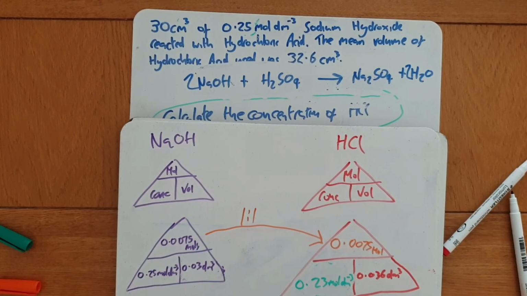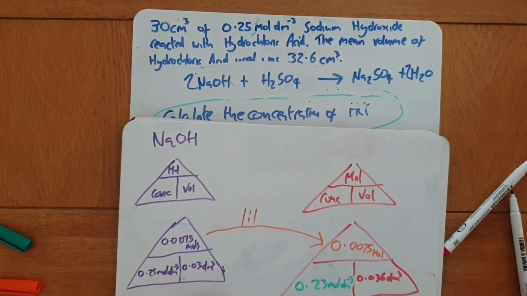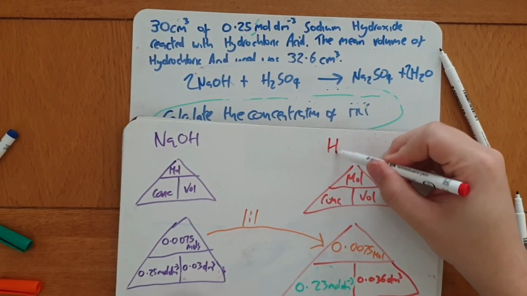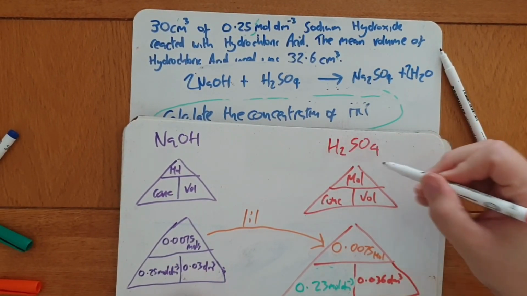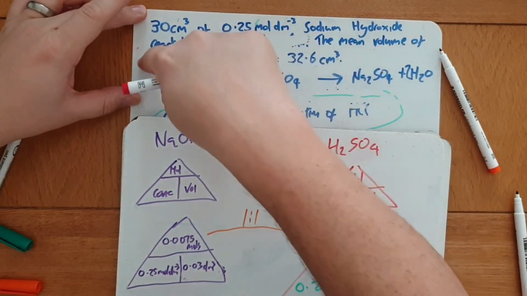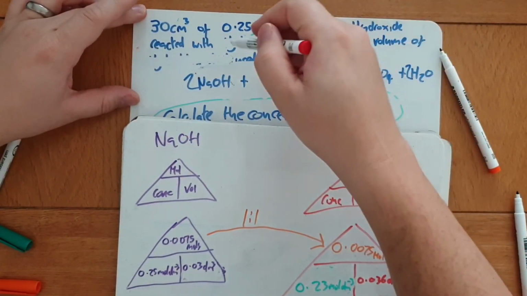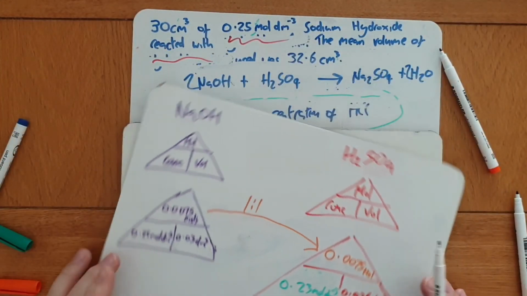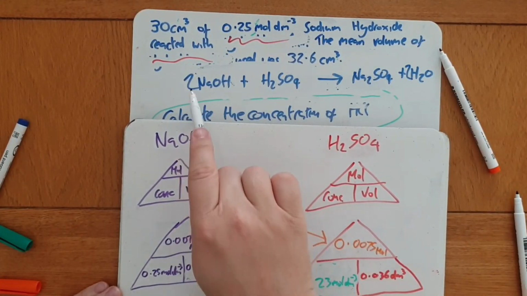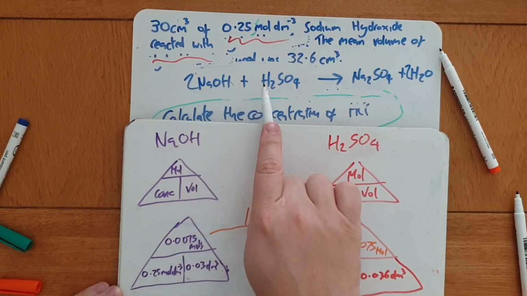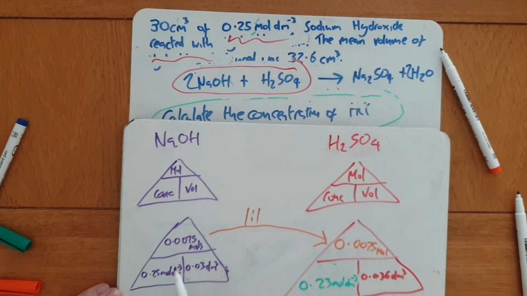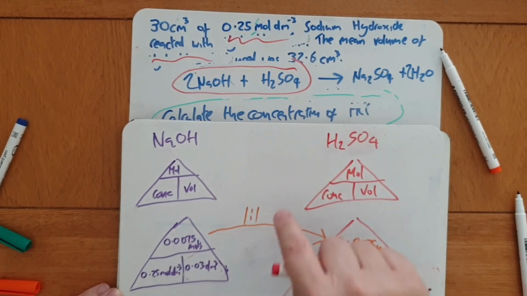So this is the part. I'm just going to pretend for a second we had exactly the same numbers here, but it was sulfuric acid instead, H2SO4, so that would be the sulfuric acid and sulfuric acid. So same question, but we've just changed the acids. So if you look here, the ratio is 2-to-1. So when we're doing the ratio bit now, we worked out it was 0.0075 moles of that. That part hasn't changed, but